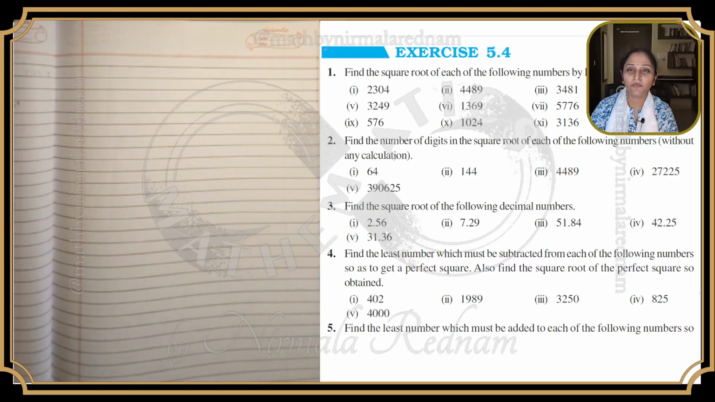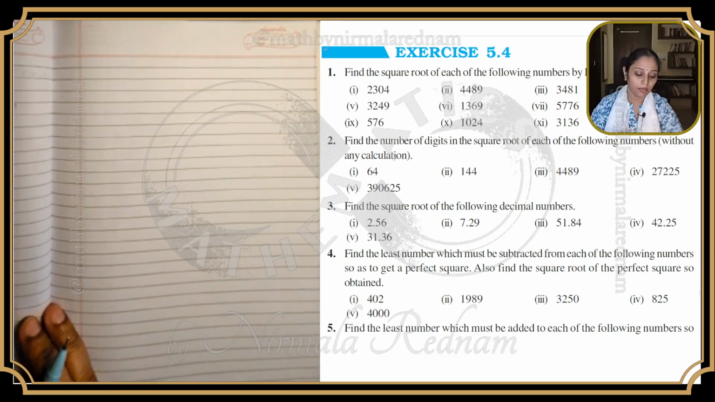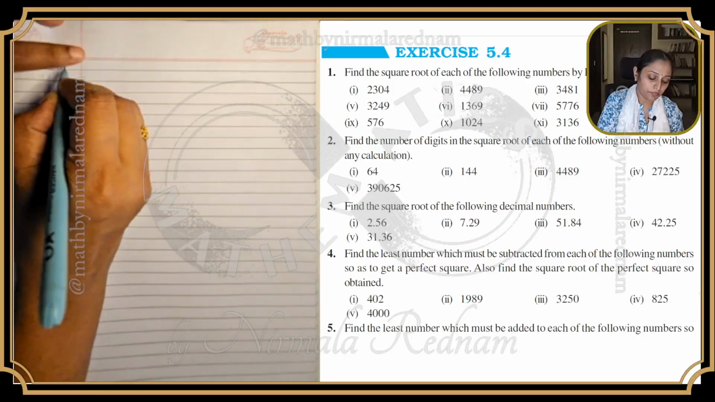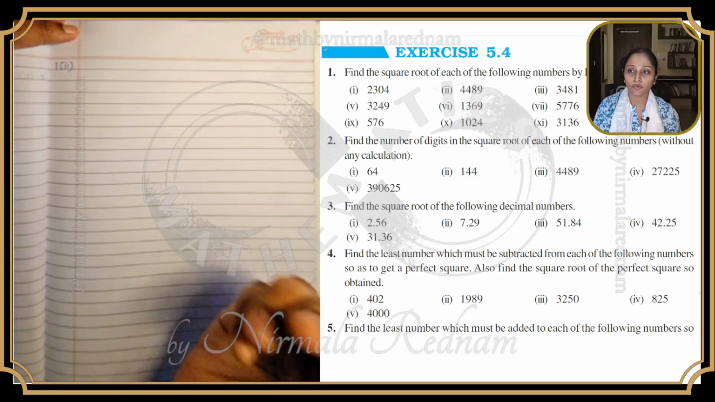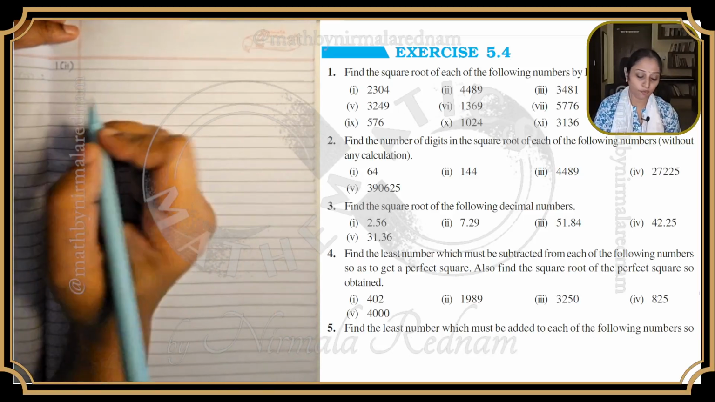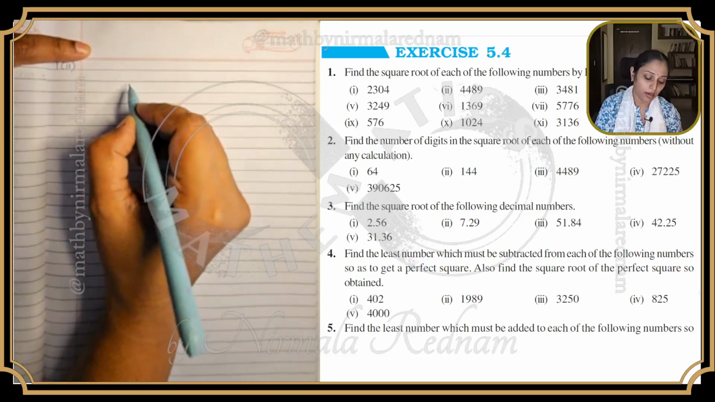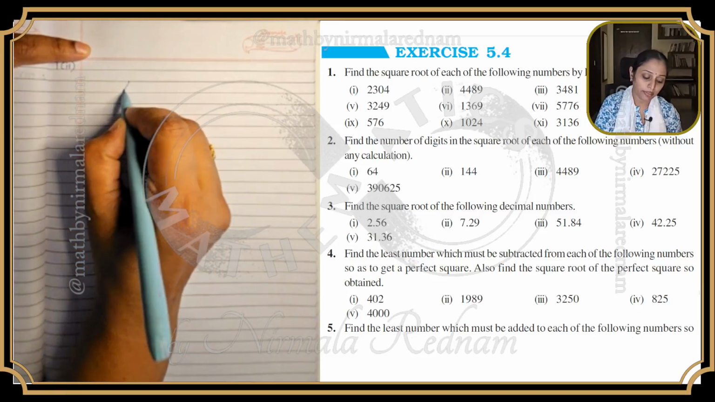In this video, we are going to quickly solve the remaining sums of exercise 5.4. First sum, we are supposed to find the square root using long division method. 2304 was already done in the previous video, so I'm going to take the next one, which is